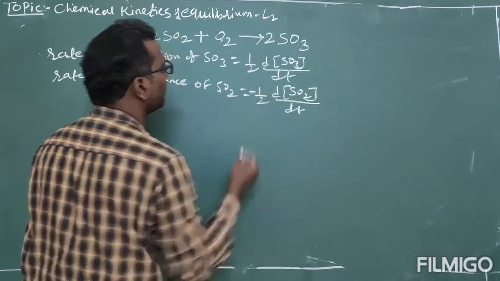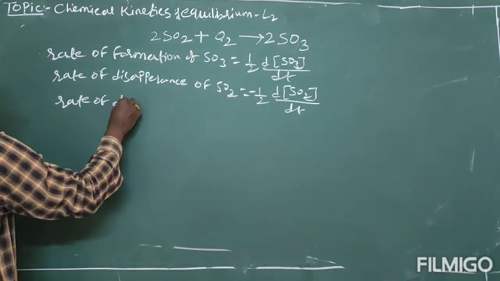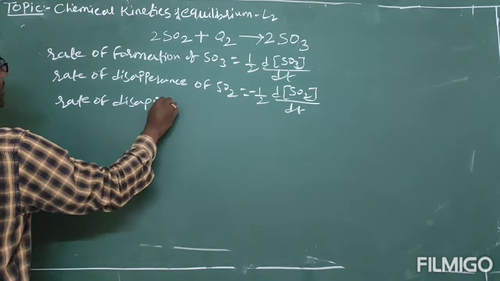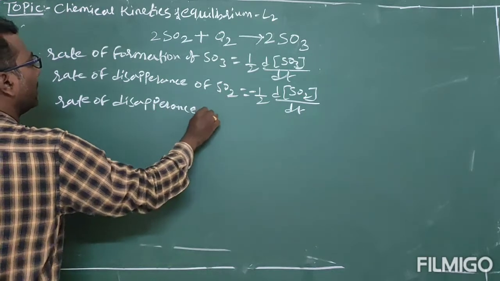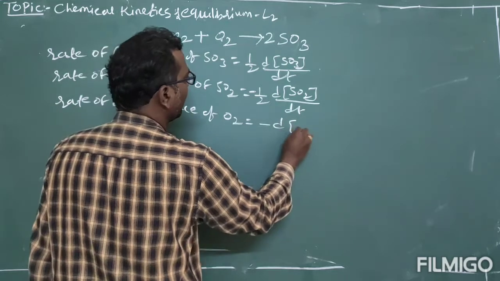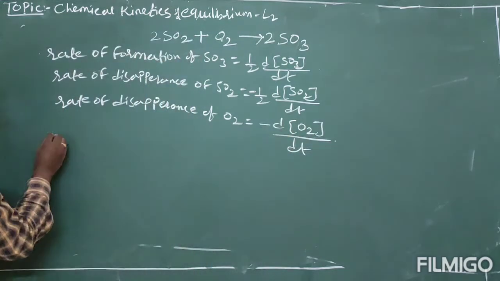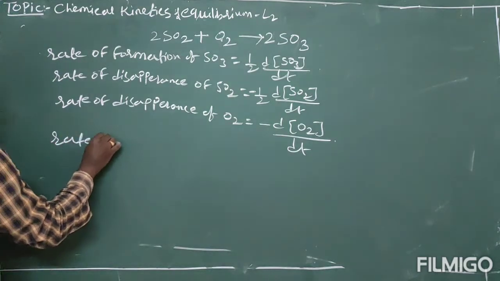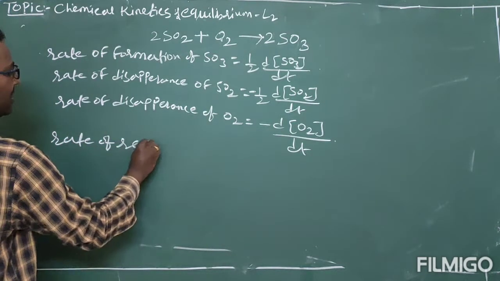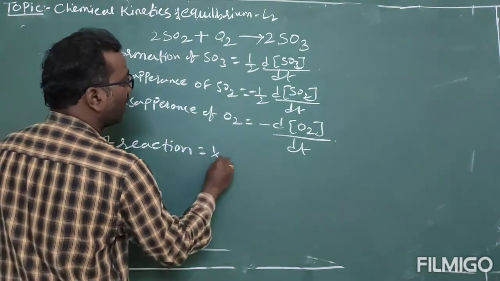Next, rate of disappearance of O2 equal to minus dO2 by dt. Next, what I can write, rate of reaction is equal to half